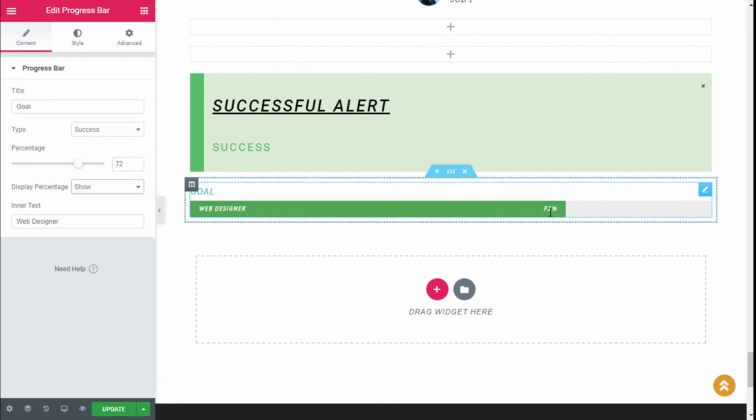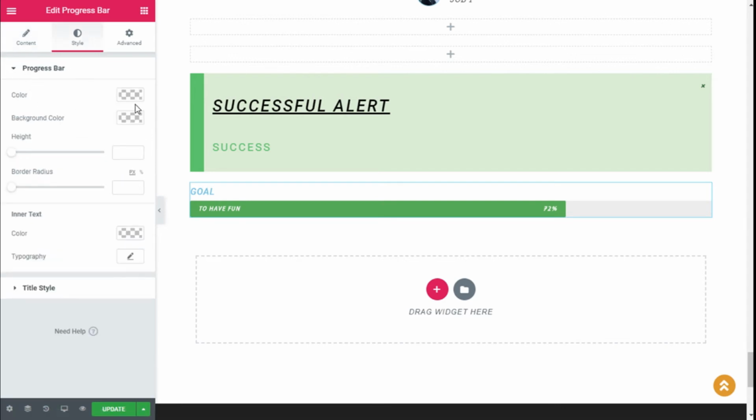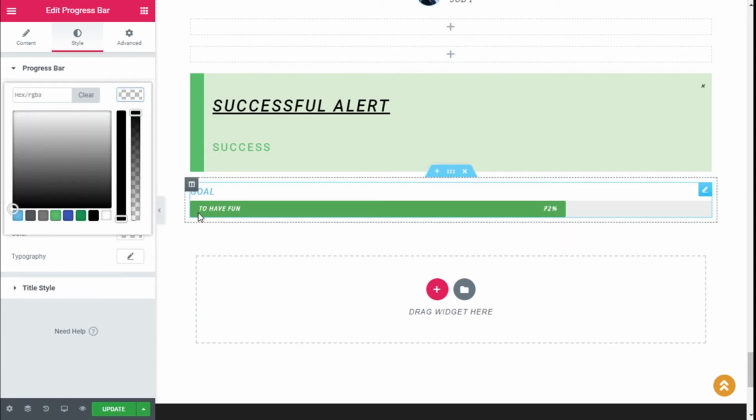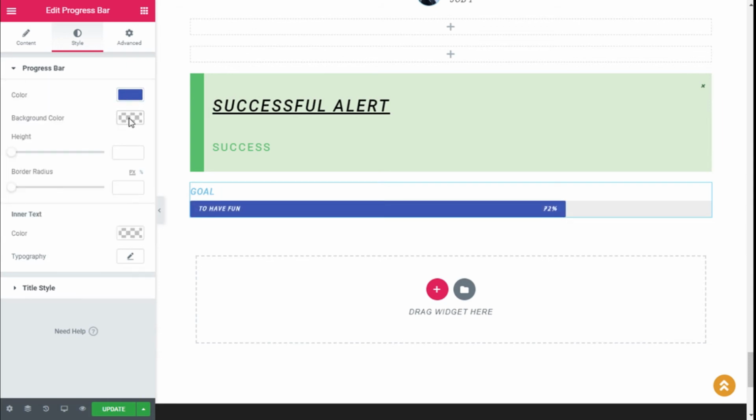We are going to show it in this case, and on the inner text we are going to type our goal to have fun. Then we go to style, and here on the style we can change the color of the progress bar. I'm sorry about that. We're going to choose blue maybe,